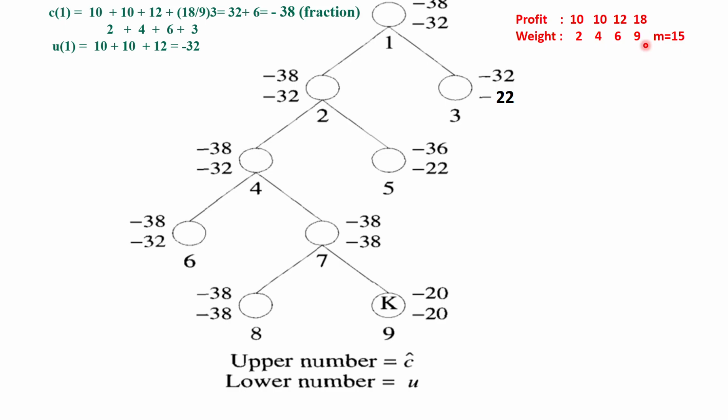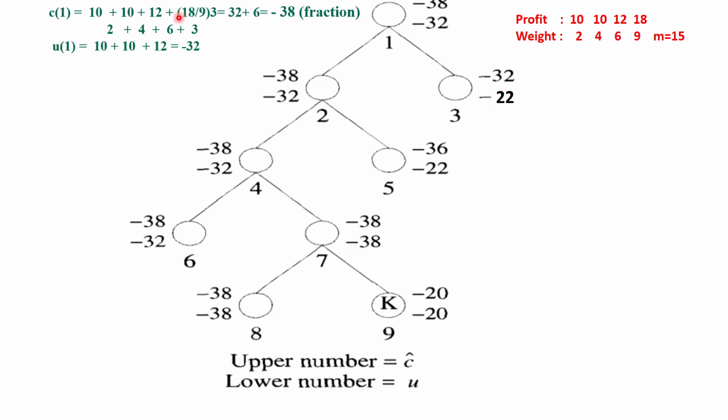In that situation, instead of placing the whole item, we'll take a fraction of the item, a part of the item. How will we take that? That is 18, profit divided by weight. The weight of the fourth item is 9 here, so into 3. What does 3 mean? I can place only a part of the item with 3 as the weight here. That's why for only that portion, I have to calculate what profit I'll get.